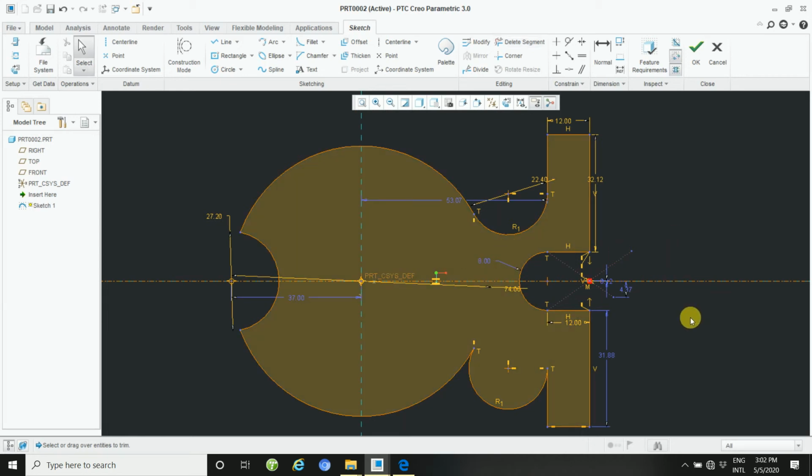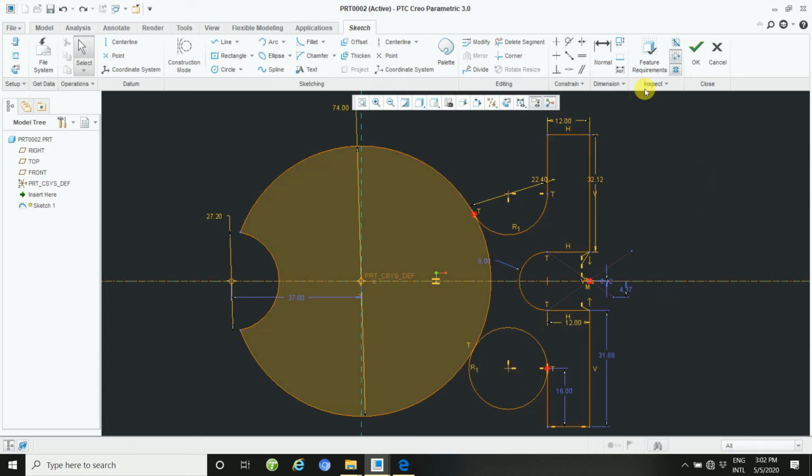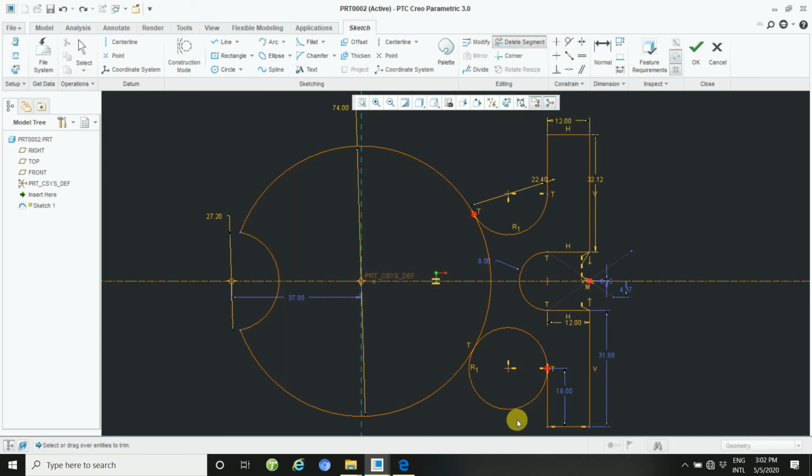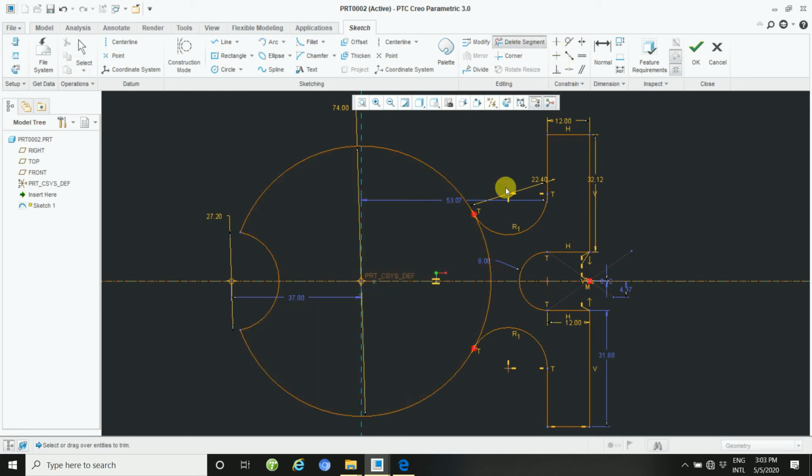You need to apply tangent. So how to apply tangent? This and that. I think wrong side trim. Here each trim is applied. And then also you need to trim this way.